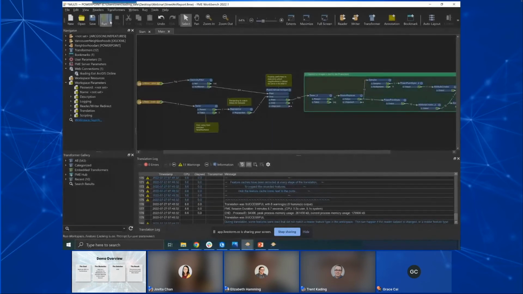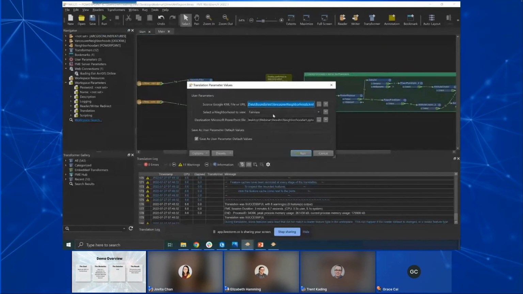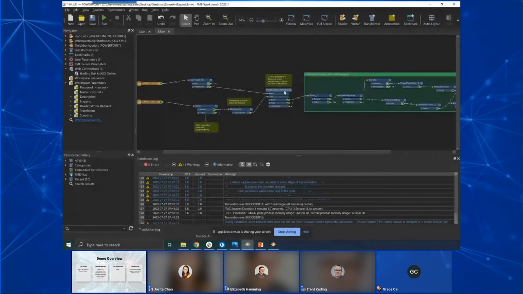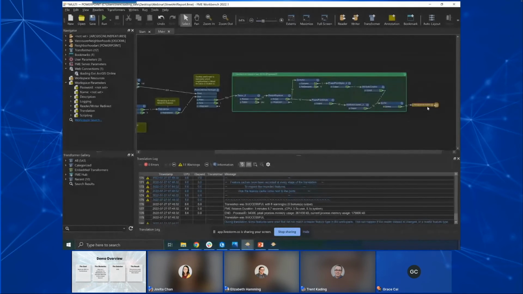It basically would allow a user to select the neighborhood of Vancouver that they would like to see street art located in. It then does a little point on area overlay and spits out a slide for each street art location along with an image of that. So if I look at that result here,